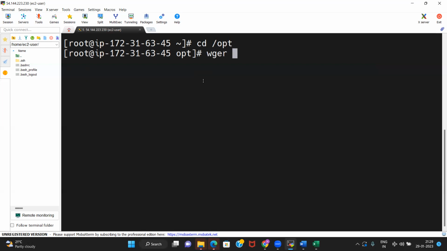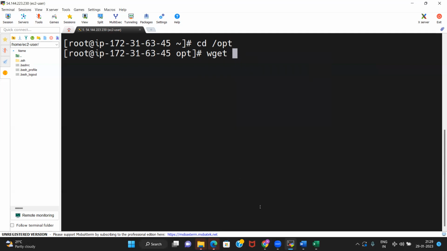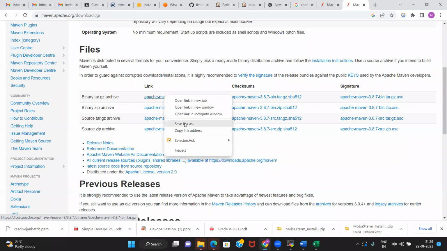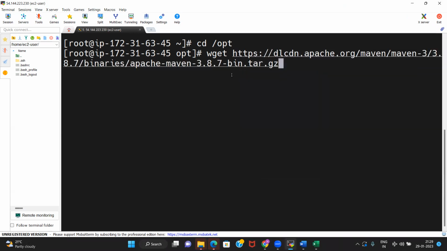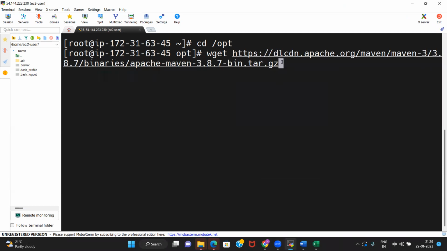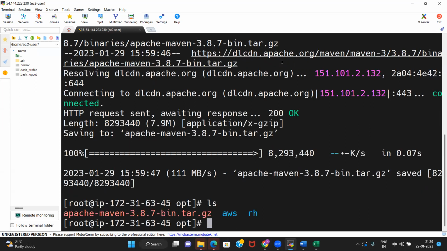To download, the command is wget, then copy the link address and put it here. wget is for downloading from any location. In Linux, the command is wget and then the address, and then it is downloaded. If you do ls, you will see this file.